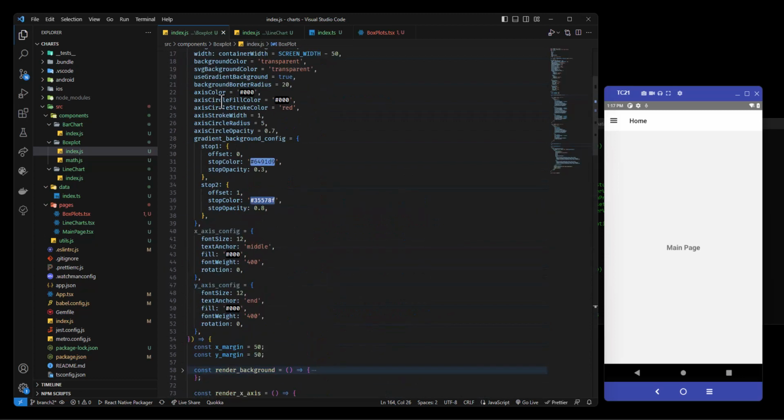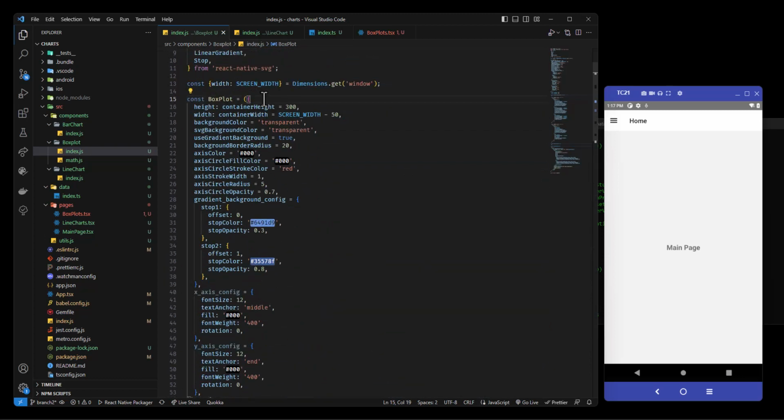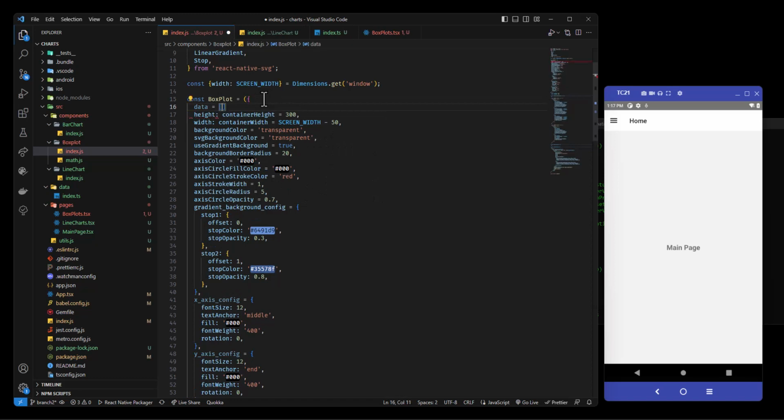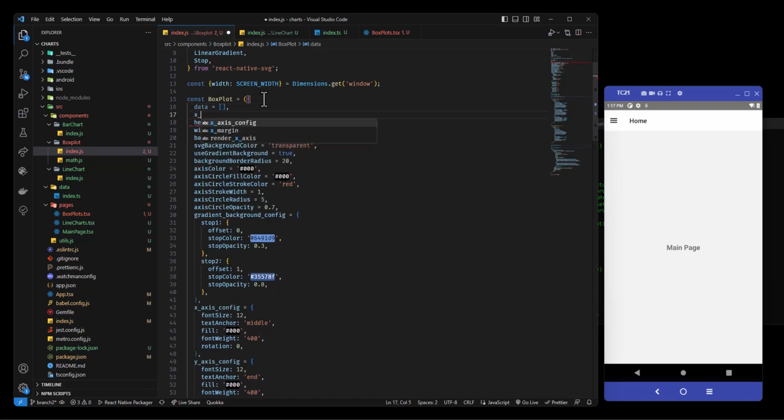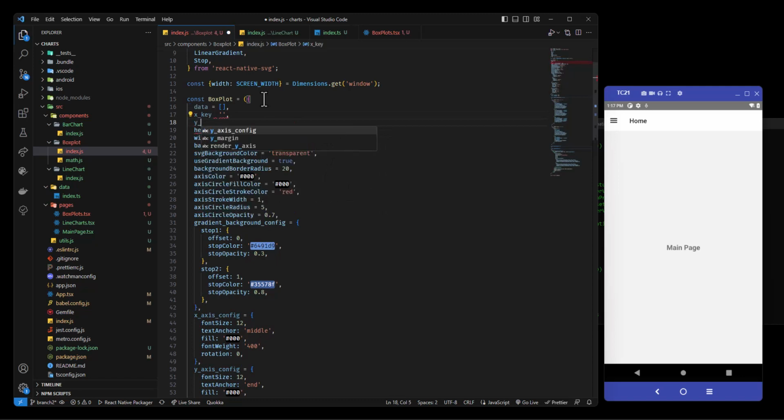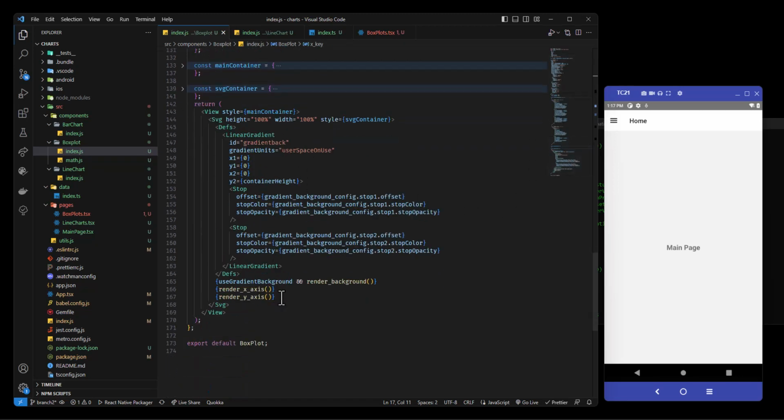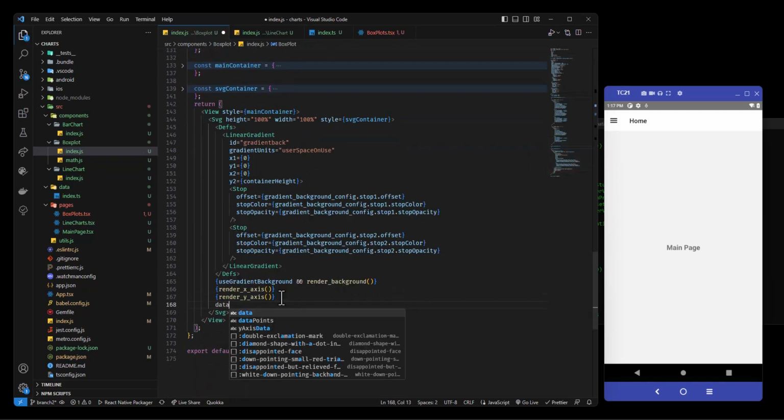So come over here, we'll say data is an empty array, X key, Y key, that should be good. I'll come down to the bottom and we'll say data,